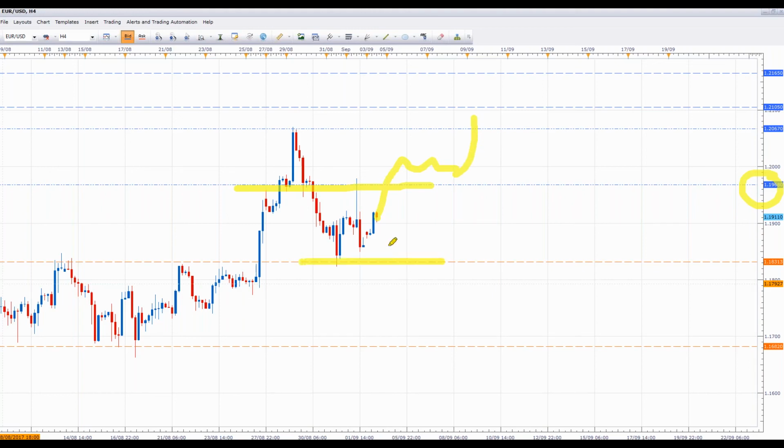It doesn't mean that you can't get involved down here, but you just want to be careful and make sure your stop placement's in the right place if you do. At the moment, because we have such big volatility, the stop would have to be quite big, unless we get some kind of pattern in this area. So above here really is your best area to start looking for longs on the Euro US dollar. So let's quickly go and do the pound yen, and then we'll be done for today.